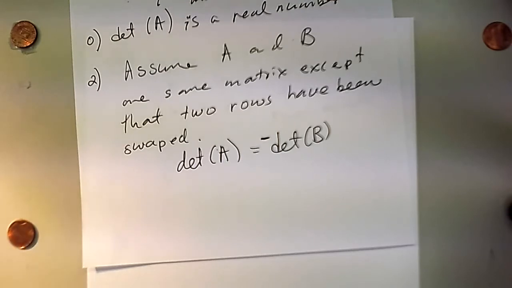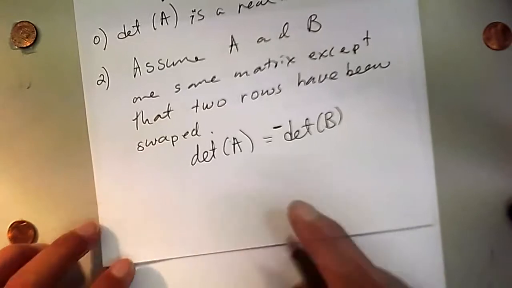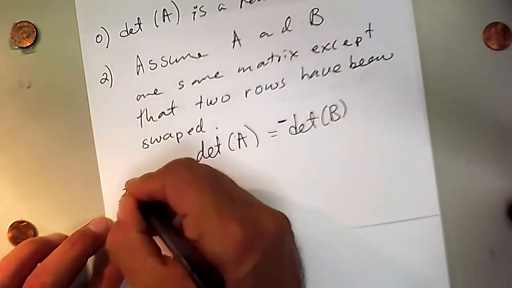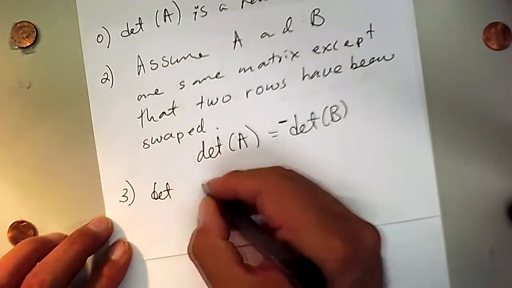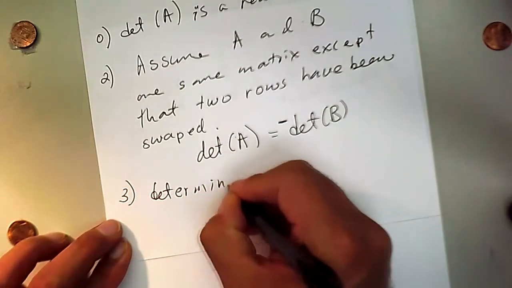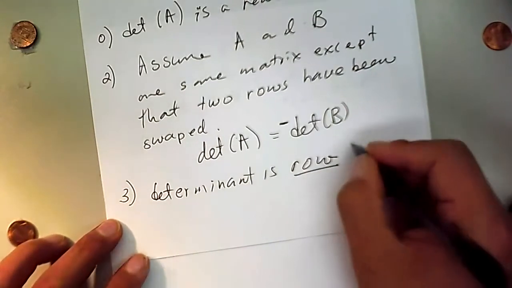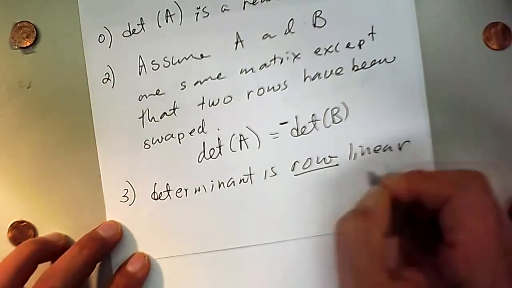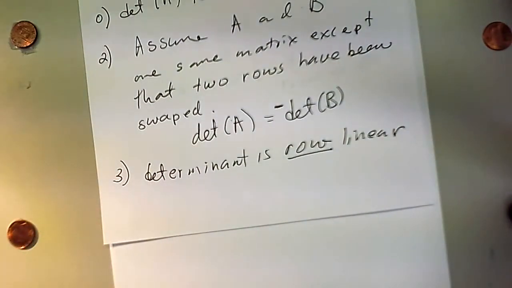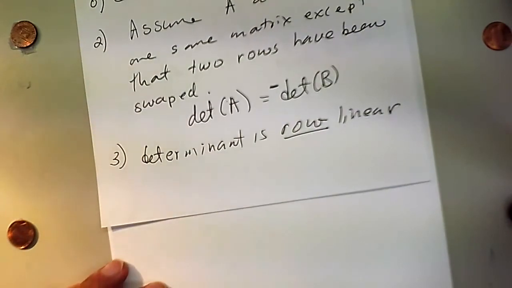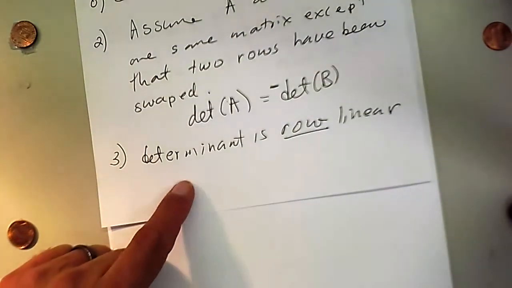The determinant is row linear. Determinant is row linear. By that, what we mean is that if we multiply a row by a scalar,